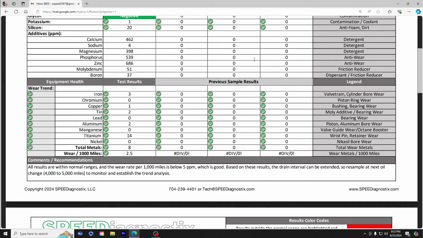Is it too far between each oil change, or are you like me, looking really good, getting all green check marks here at 3,000 miles, which I know is quite frequent, but it'll also tell you if you've got a potential head gasket leak or there's any abnormal engine metal wear in your engines. It'll cover that too. So it gives you a lot of really good information about the health of your engine. If you want to keep your car going as long as you can, this is a great tool, and especially